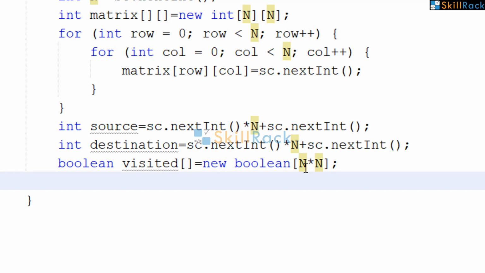Similarly, to keep track of the street count, we need an integer array.